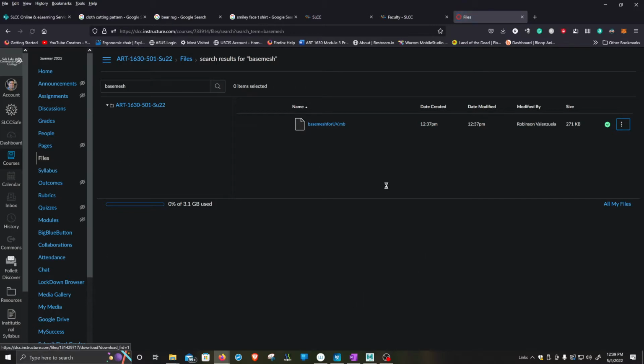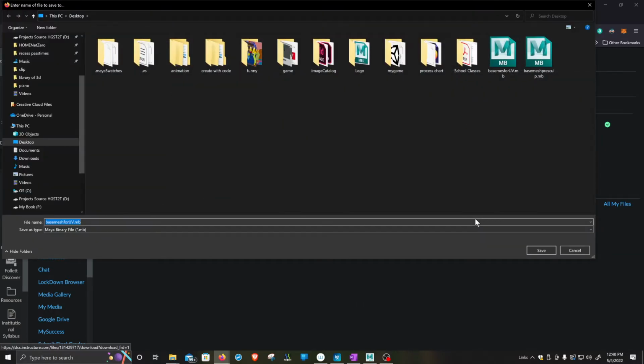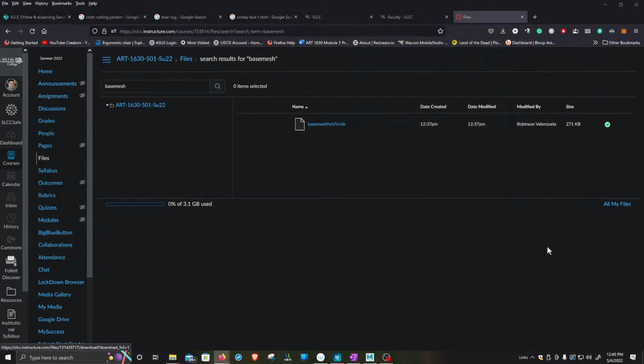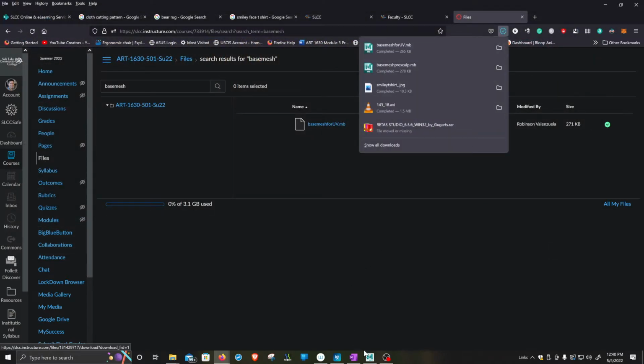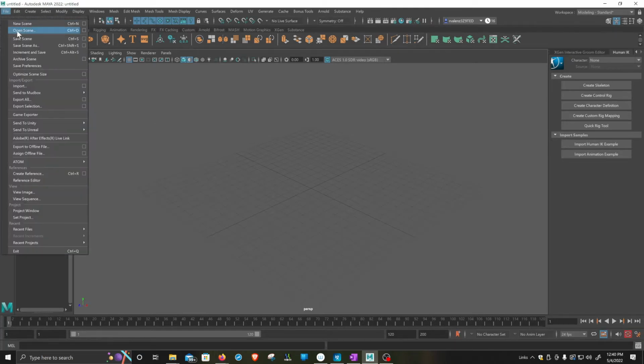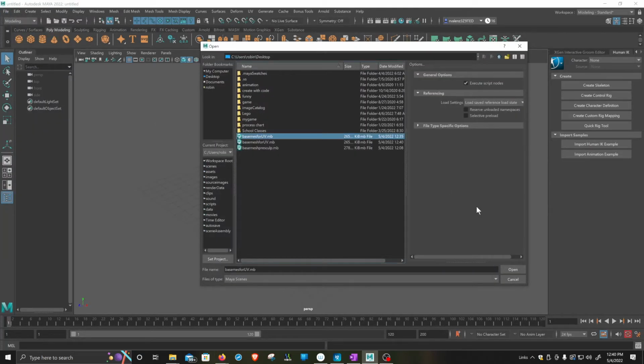Actually, if you have Maya open, it might open a new instance of Maya. In this case, it's asking me to save it. I'm just gonna put it on the desktop now because this is just a practice file. So I'm gonna put it here, and I'm going to go into Maya and open it. File open, base mesh for UVs,